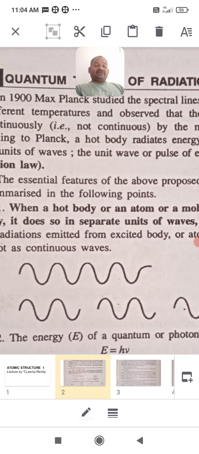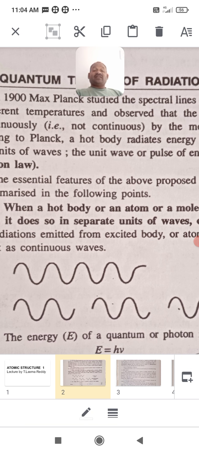Thus, light radiation emitted from an excited body or atom consists of a stream of photons and not continuous waves. You see in the slide clearly, the waves are continuously passed. Below in the slide, the emitting light has some quanta,